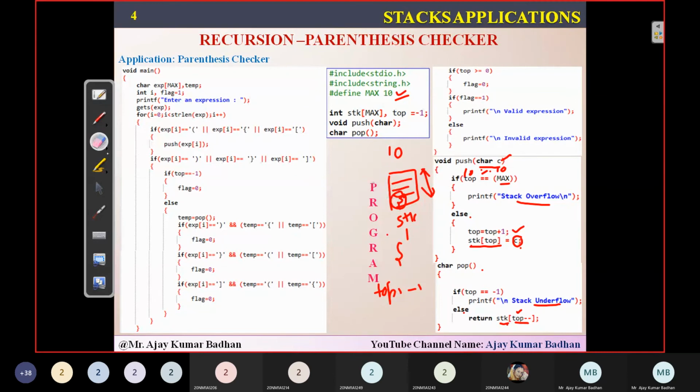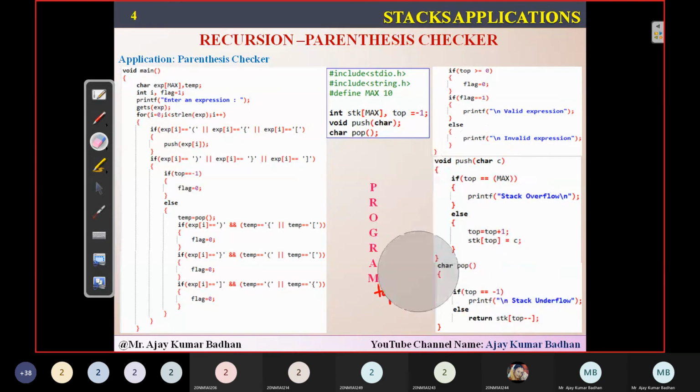It is very easy to implement. The only thing you people have to do is keep on comparing it, and whenever you're popping an element, you will be comparing that element with the expression. If both the strings or both the braces are the same, then it is a valid expression, and you don't have to set flag equal to 0.